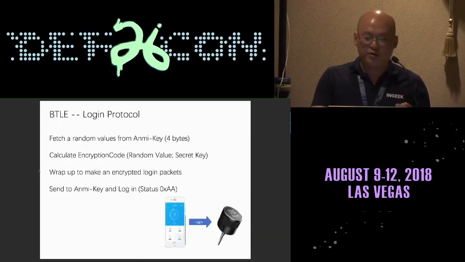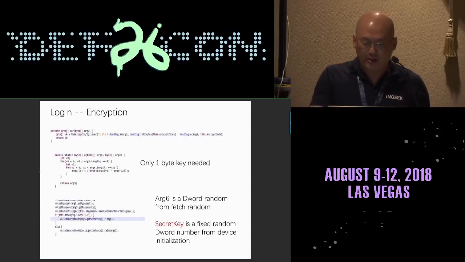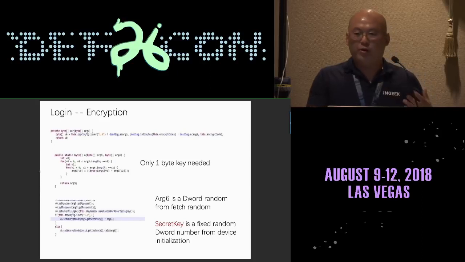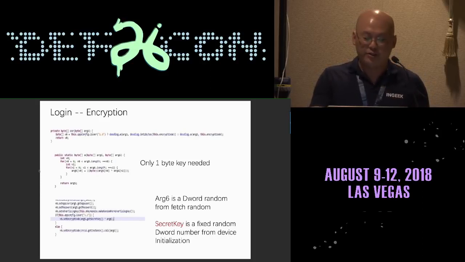Now, it turns out the login protocol really works like this. They fetch a value from the server and get a random value key. And then they calculate and route it to make an encrypted login packet. Now, if everything works fine, it will respond with status code A. Okay. Now, when I looked deeper, we were able to find out